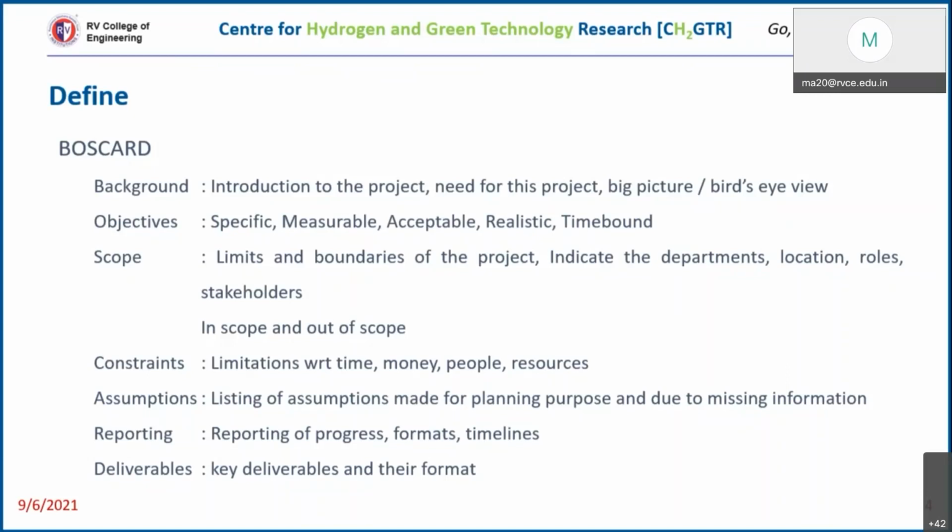Like that, that is the timeline. So in the beginning itself, before you start the project, these are the points that you need to pay attention to. Without knowing what you are going to do and how you are going to do it, how much time do you have? How much time are you going to allocate for each of the tasks?